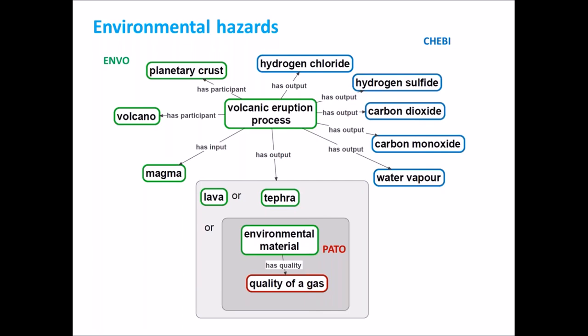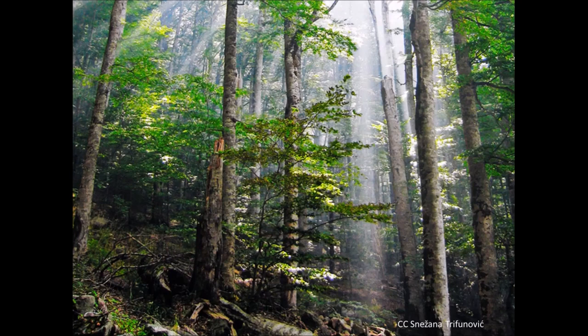Those parts of our planet, those elements that participate in an eruption process, are mapped out, and they have further links to what they are made of, where they come from, and what their formation processes are. So this allows you to access knowledge from many different directions. You can ask about any hazards that involve the release of hydrogen sulfide, and you will be led to this. You could ask about any hazards that have volcanoes as participants, and you would be led to a volcanic eruption process, etc. So this allows knowledge to be much more accessible from a multifaceted realm.